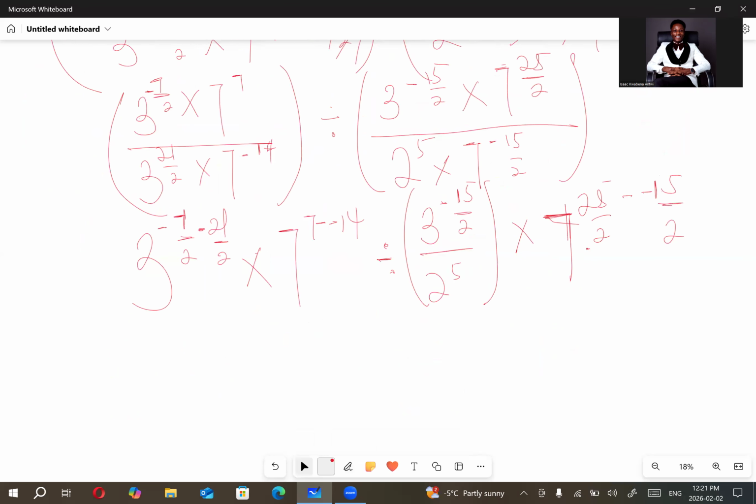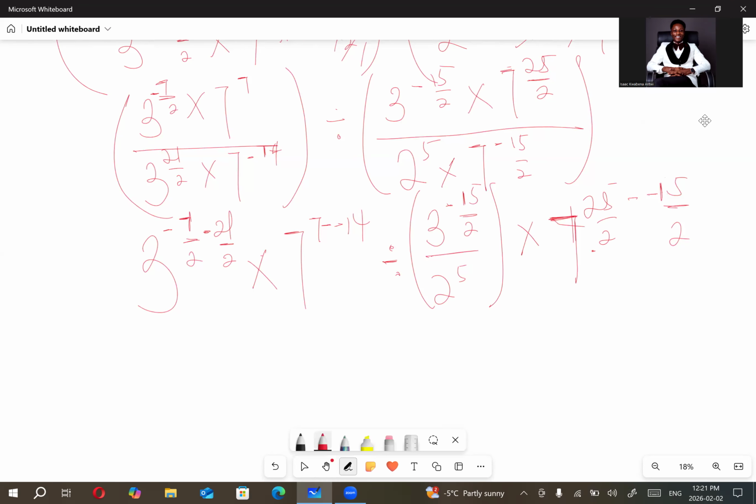Now I want us to use the calculator. Check the top for me. I don't want to waste time. Minus 7 over 2, minus 21 over 2, that's minus 14. Want to be sure we're on the same page. Minus 14, yeah. Then it's minus 14 times, so this one will be 7 exponent 21. Then divided by